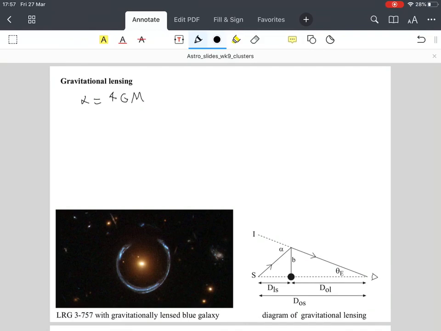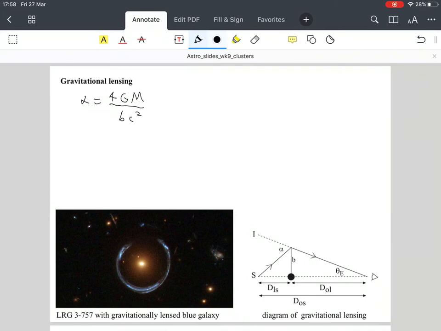And that is given by the gravitational constant G times the total mass of that object that's bending the space-time, divided by b, divided by c squared, and multiplied by 4. Now b is shown in the diagram, and this is called the impact parameter, and it